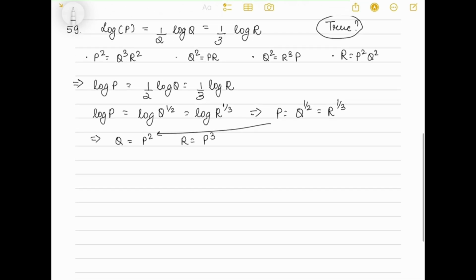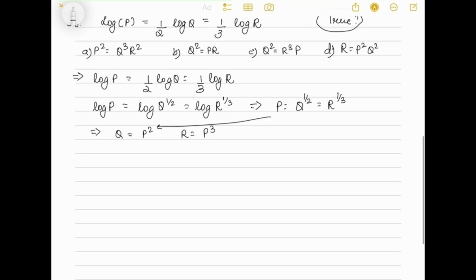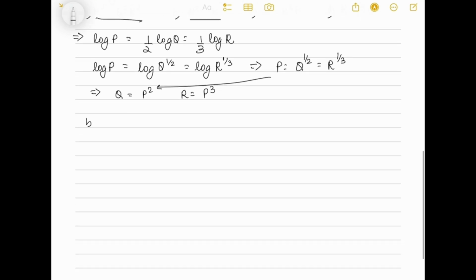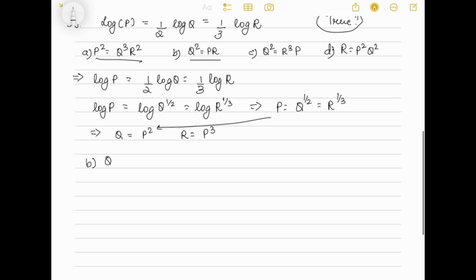Now what we have to do is that we have all these options a, b, c and d, and you have to put in the values. So we are putting this value first and then this value, and we are seeing which of the values is matching. So for example, if I'm taking the option b, q squared is equal to pr is the option, and when I'm putting this